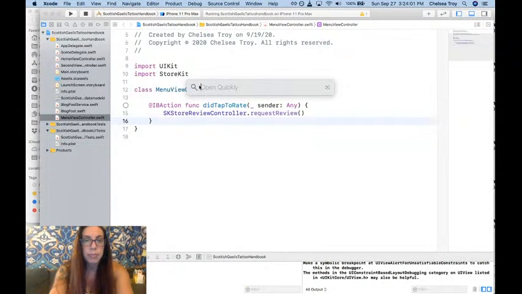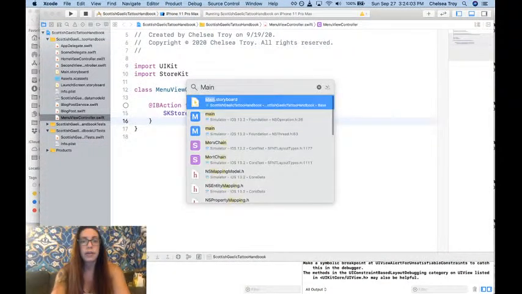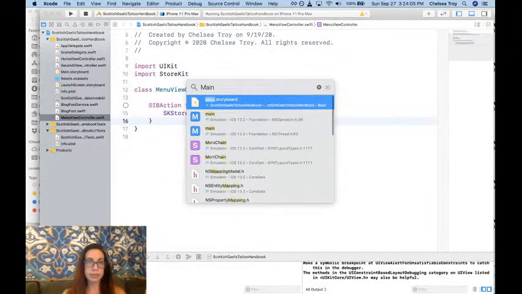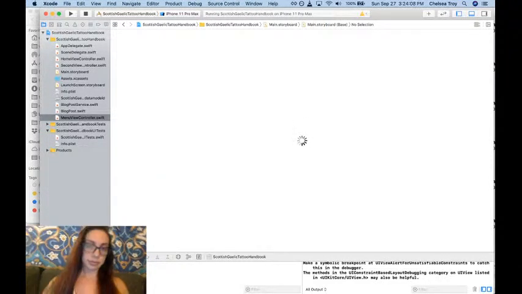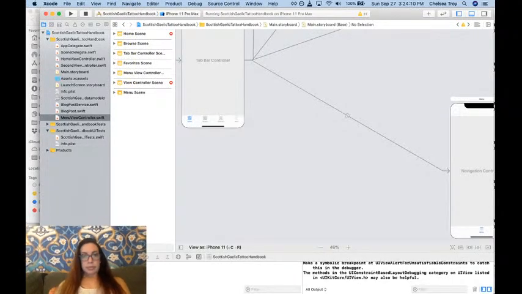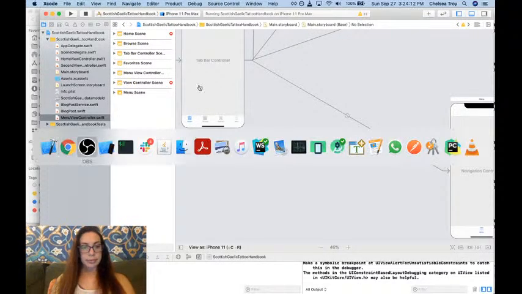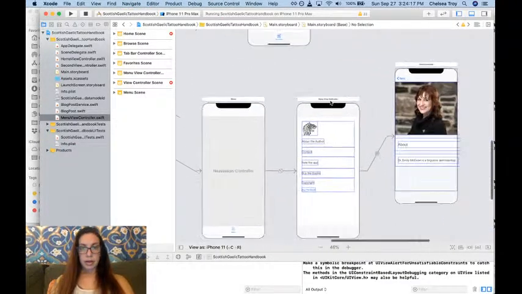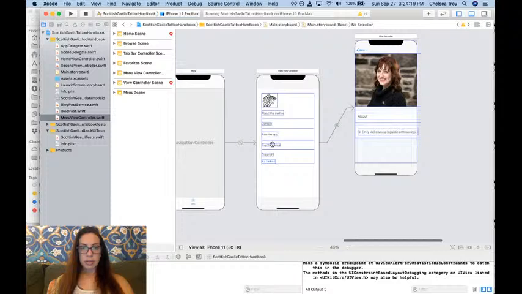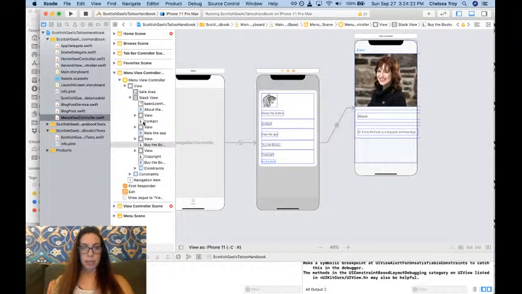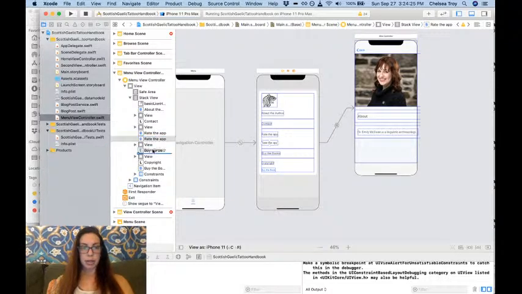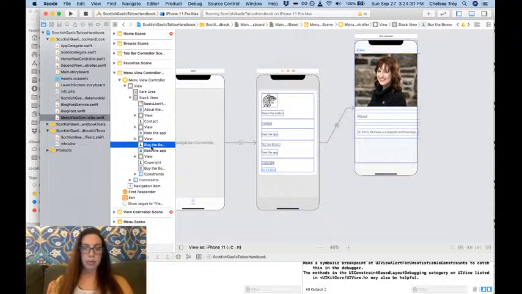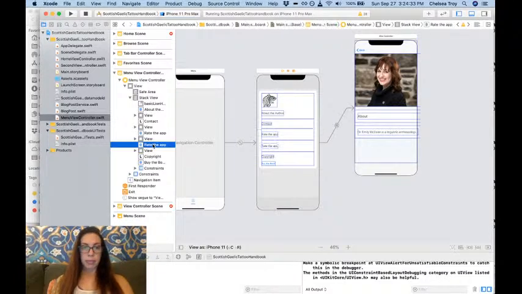Alright, so we open main, got storyboard. Let's go see. Alright, so where's your menu? Here's your menu. What we are going to do is go to this By the Books label, and we are actually going to change it out for a button. Just going to go right there. We're going to delete the By the Books label, and then we're going to